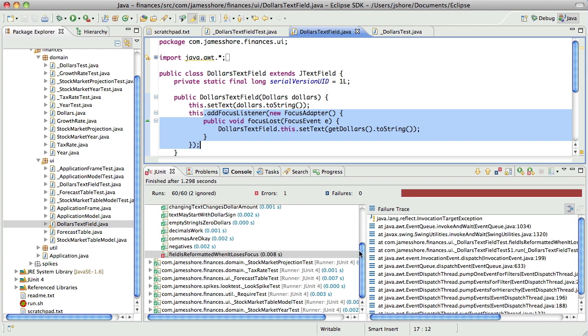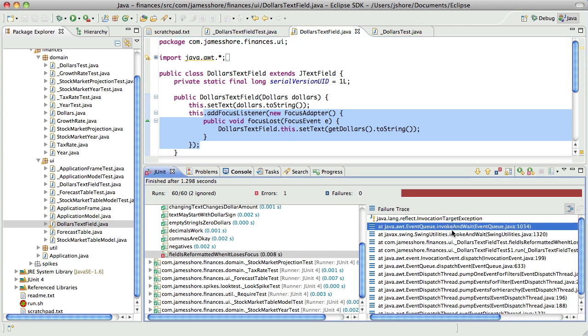Invocation target exception. What does that mean? We're seeing invoke and wait. Well, there's something else. Boy, there's all kinds of problems here.